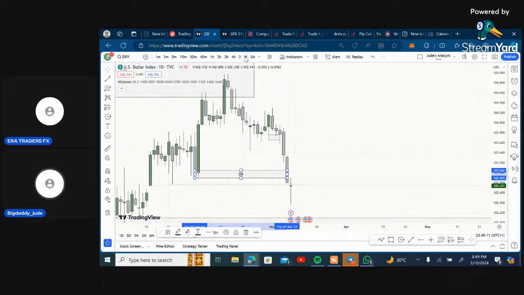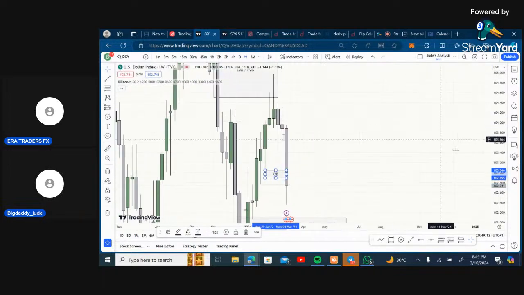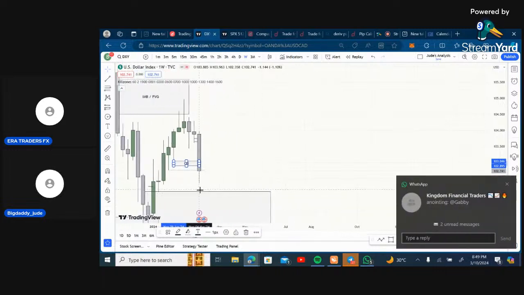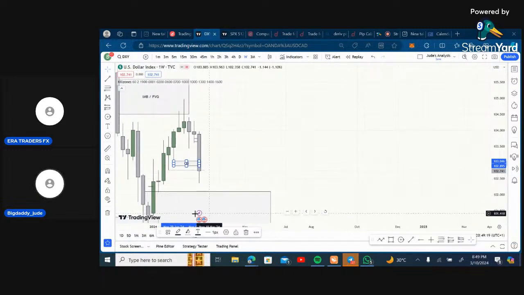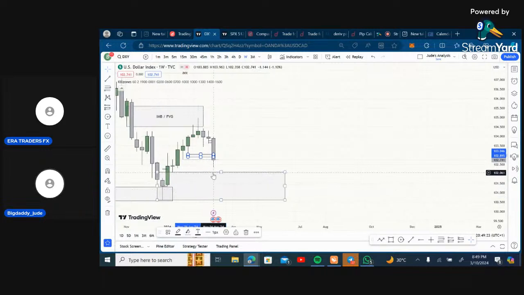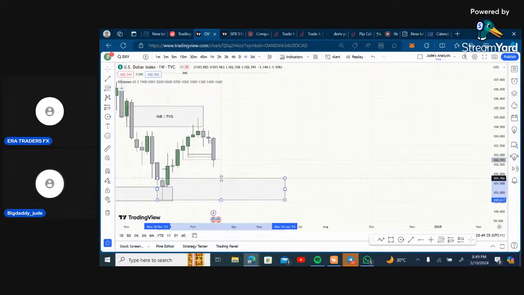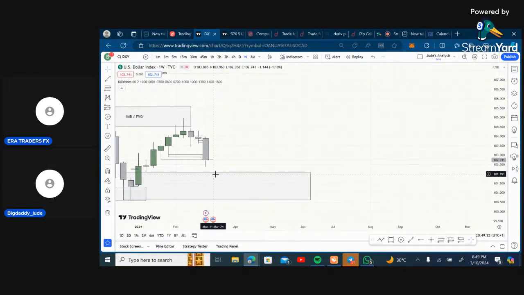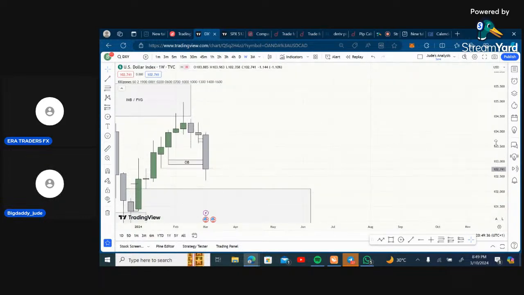Now, if you go to the weekly time frame, you're seeing another fair value gap here. You can see a fair value gap coupled with a valid order block right here, which is the zone I marked out with this rectangle. So now I'm expecting price to trade into this zone, right? So after breaking this fair value gap,